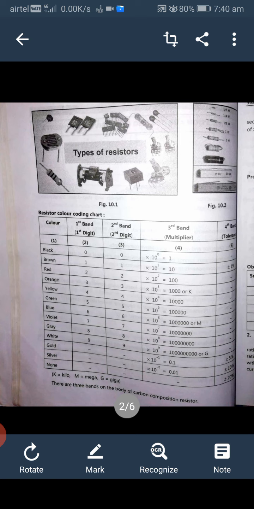Procedure for measurement of resistor by digital multimeter. Insert the black probe in the common socket and the red probe in the ohm milliampere socket of the digital multimeter. Select the ohmmeter section by using the selector switch. Connect the multimeter probes to both ends of the resistor. A resistor does not have negative and positive polarity.